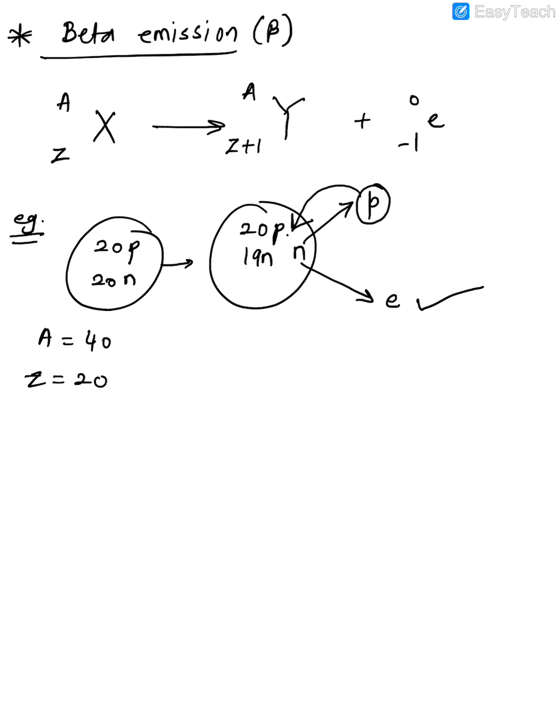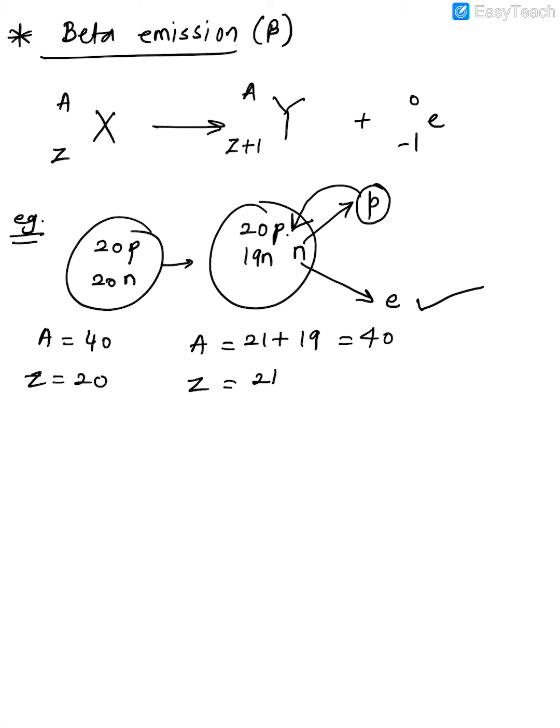So now what is your atomic mass? So it is 21 protons and 19 neutrons, so it became 40. What is your atomic number? It will be 21. So have you noticed your atomic mass is remaining the same, but look at the configuration of atomic mass in both the cases, it's not the same yet.